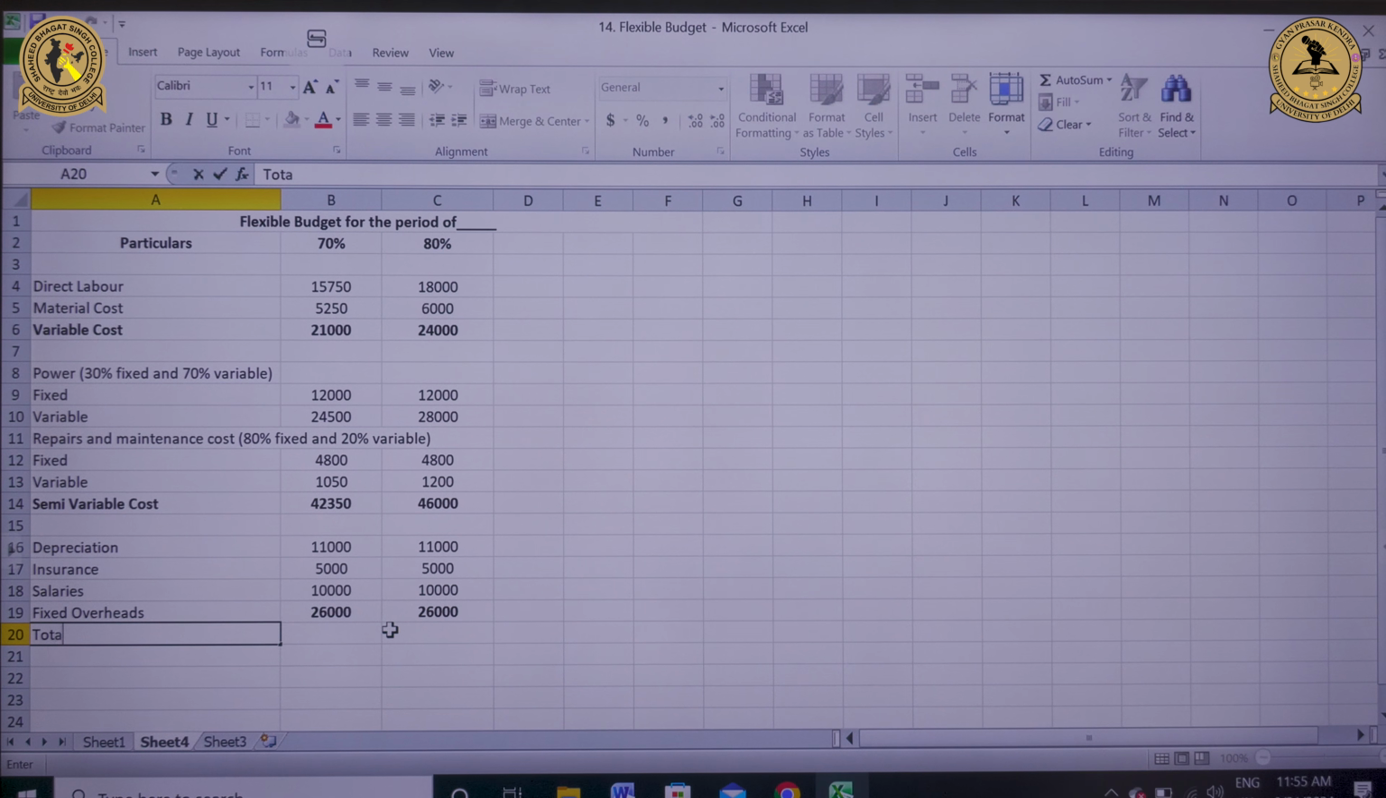Now my total cost. As we all know, total cost is a summation of variable cost plus semi-variable cost plus fixed cost, which equals 21,000 plus 42,350 plus 26,000. Press enter. So in this numerical, 89,350 rupees is my total cost at 70% capacity and 96,000 is my total cost at 80% capacity. Now let us suppose I want to calculate my total cost at 10% capacity or 20% capacity